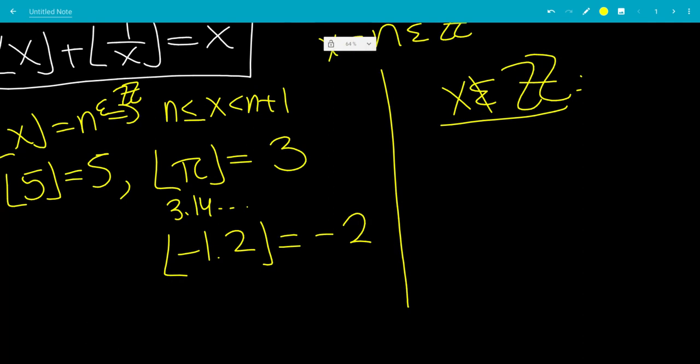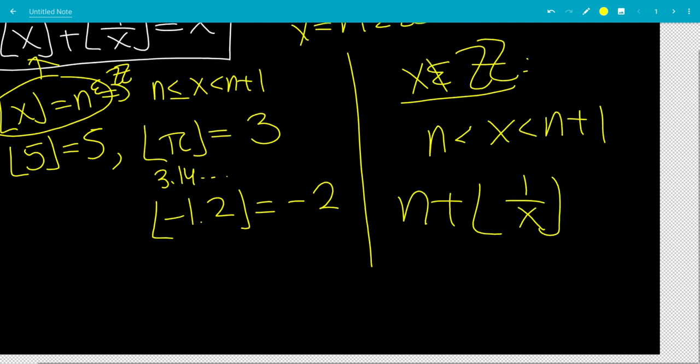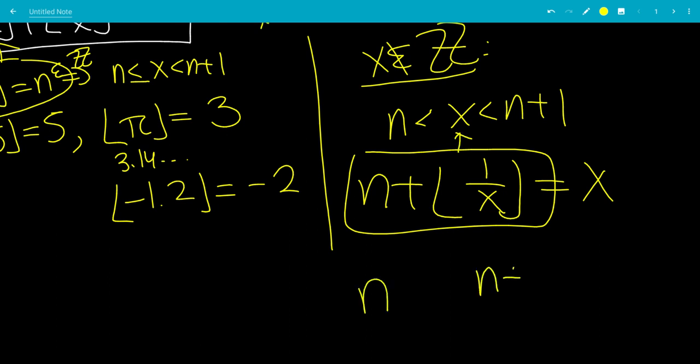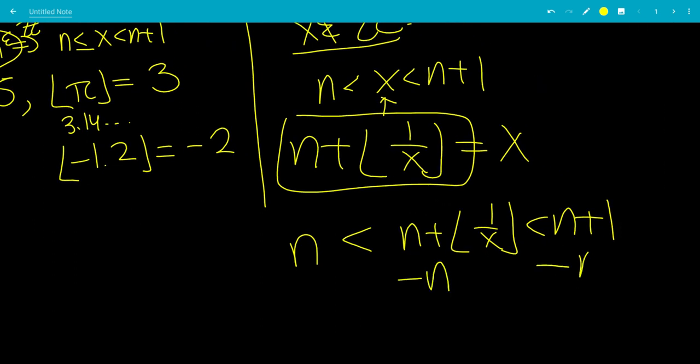Okay, so we're going to get n. So x is between n and n plus 1, and it cannot equal n. So the floor of x is equal to n, right? We're going to plug that into the original equation. So we're going to get n plus the floor of 1 over x equals x. But look right here, we have x in terms of n and the floor of 1 over x. So we can just plug that in for here. So we get that n plus the floor of 1 over x is between n and n plus 1. We can subtract n on every side,